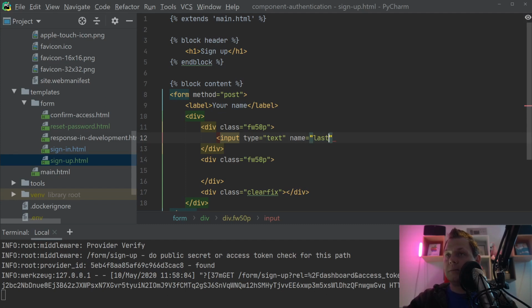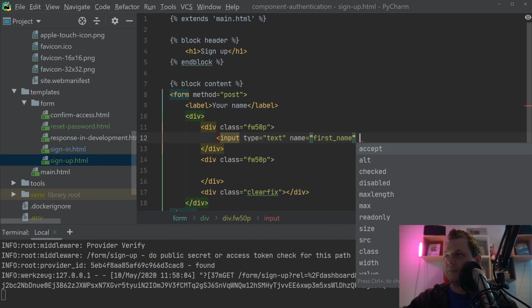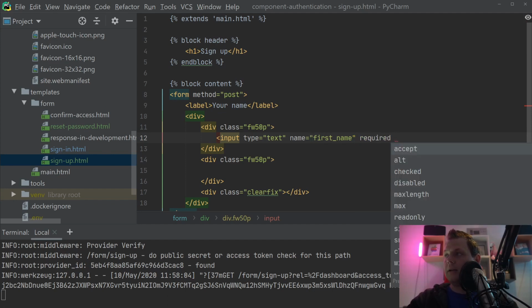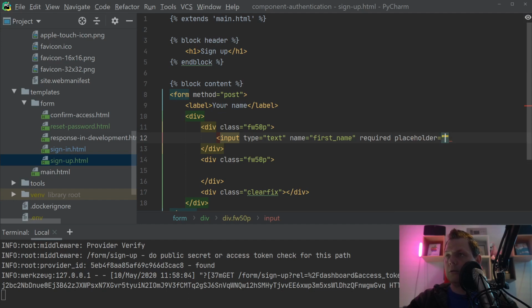It's called the last name. When people want to sign up, we are interested in having the first name and the last name. So of course there should be the first name. The second box on the right should be the last name, and this one should be required. And then we want a placeholder, first name,